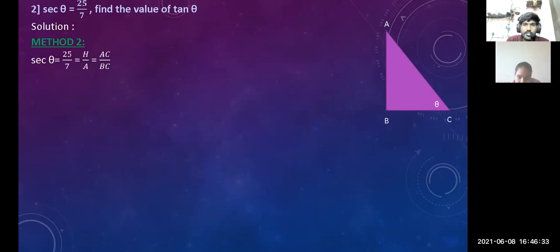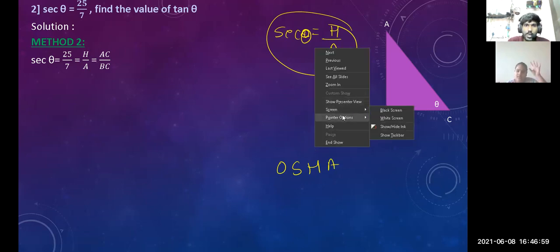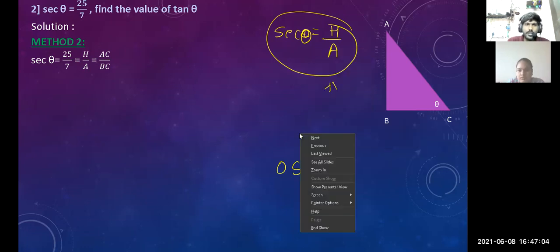Now, in the question, sec theta is given. So sec theta is 25/7. And by the ratio formula, sec theta is equal to hypotenuse upon adjacent. You remember this? If you don't remember this, you can get sec theta from cos. No, I remember. The main 6 I remember. Okay, if you know cos, from cos you can get sec theta.